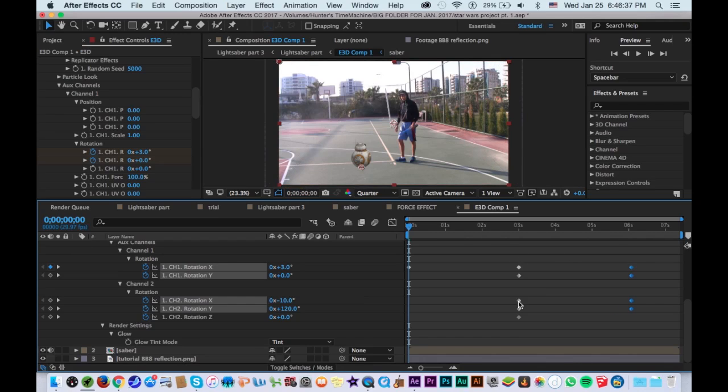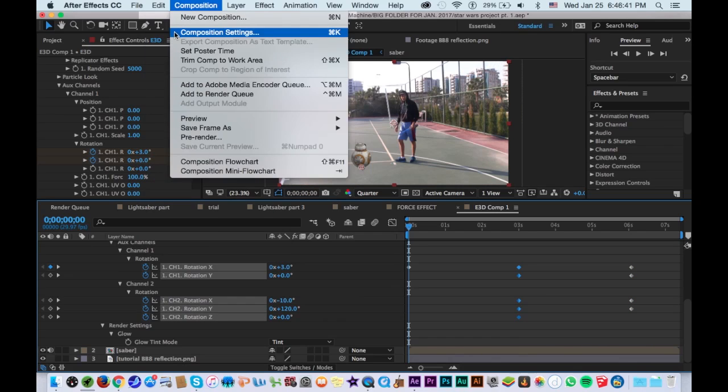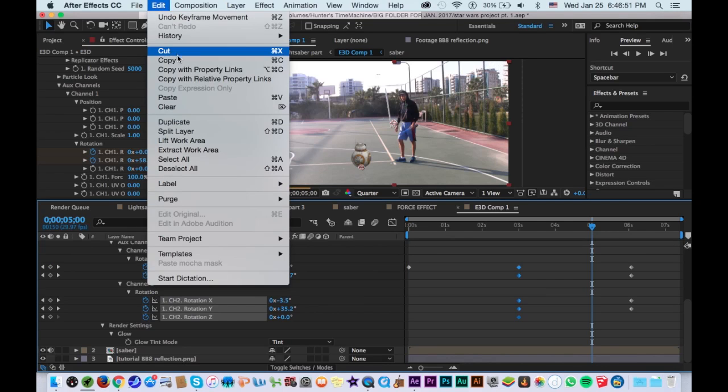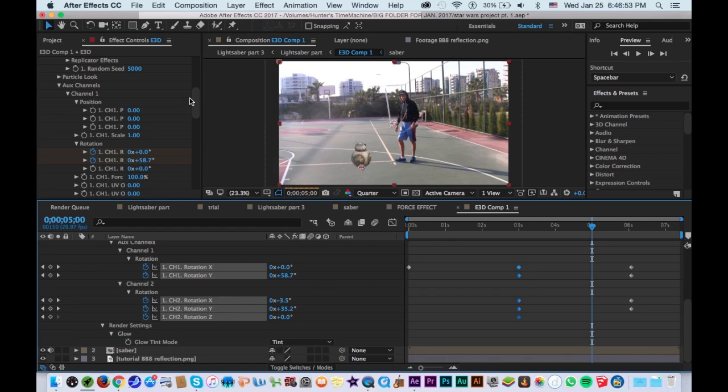this many seconds, and we're going to click on these keyframes and hit edit, copy, and then we're going to go about this much and hit edit, paste, so that there's about 2 seconds of staying in. And then we're going to move these a little bit more here, and we're going to move these here. Okay, so